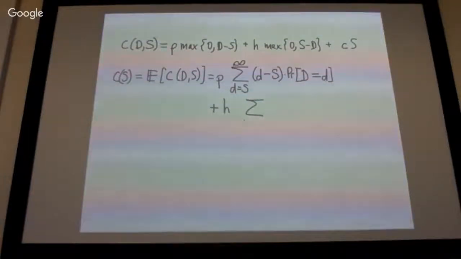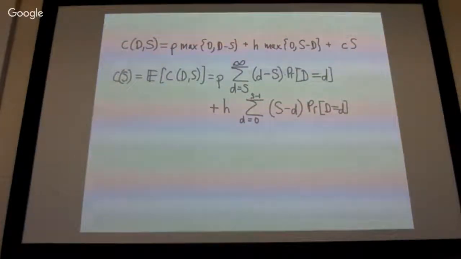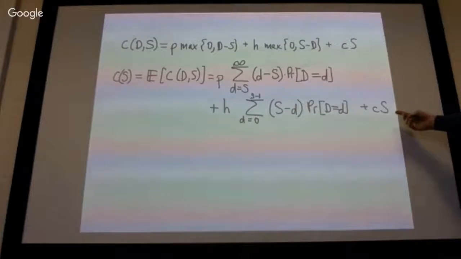It's the remaining values of D, and there it's S minus D times the probability of that D. There's a constant with respect to D, so that the expectation of